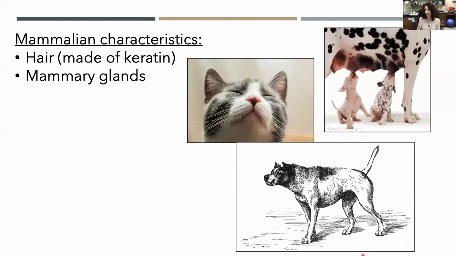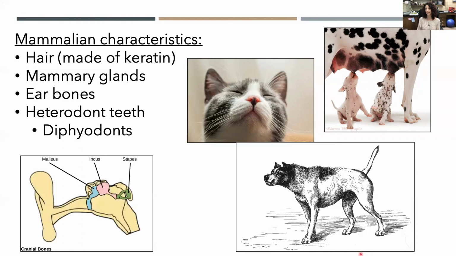In addition to hair, another notable characteristic of the mammals are, of course, the mammary glands. Mammary glands, of course, is where the mammals get their name from, and these are specially adapted glands that produce milk for young. They may look like your typical nipple structure, or as we'll talk about with the monotremes, they produce milk from their skin directly, and they kind of sweat it out. So that's a little creepy, but moving on, most of our mammals have these specialized ear bones that we've already